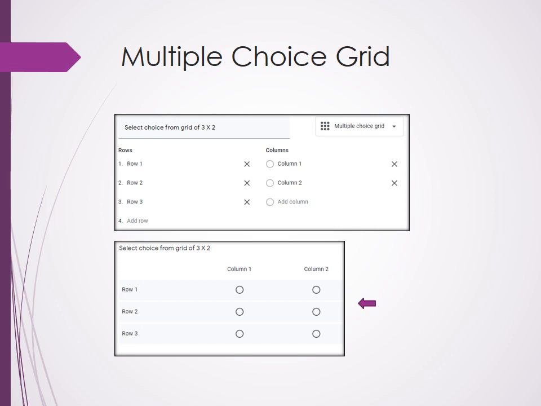So you have to select one option in row 1 from column 1 to column 2. Same thing for row 2. You may have more than one column, so obviously the rule will be the same. Out of the number of columns, only one option will get selected for the respective row.